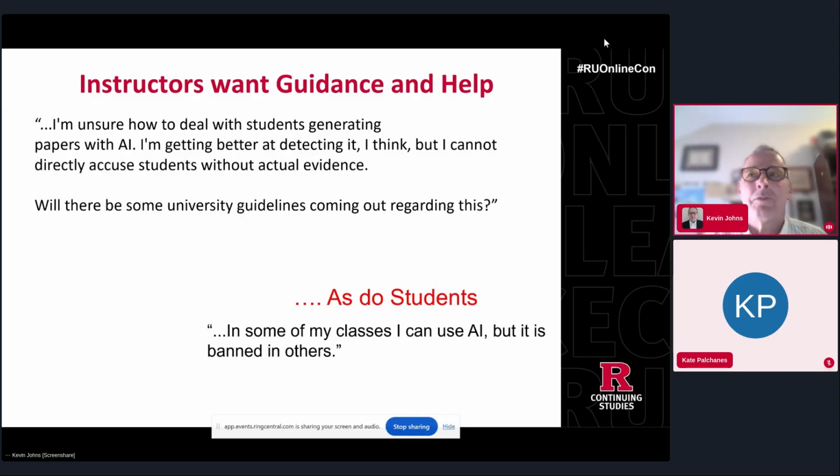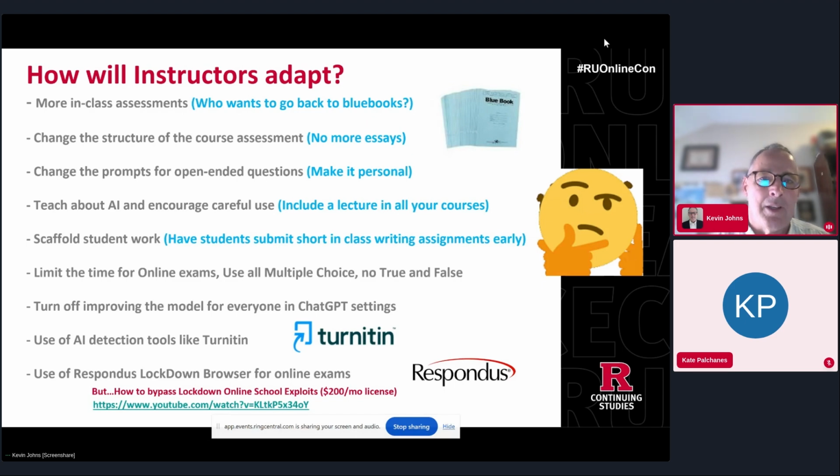So right now, the universities have their policies. Some of them are published, and some aren't yet in the public domain for students to read. But it's a wait and see type of thing. And I think the universities are relying on the individual instructors and professors to come out with how they want to use Gen AI applications in their classrooms. That's really where it sits right now. So again, the more you can educate the students, the better off everybody will be in using these applications. So how do instructors adapt?